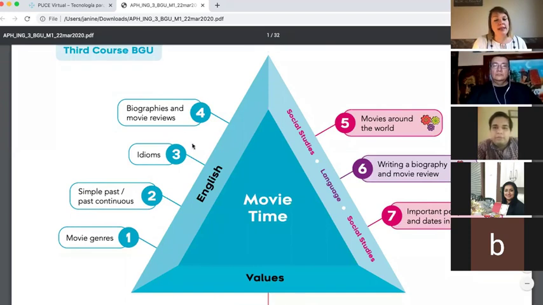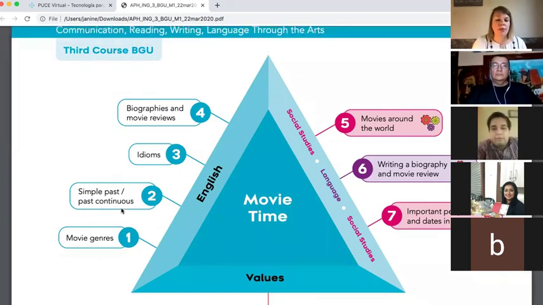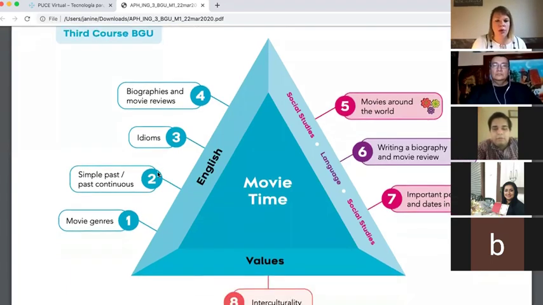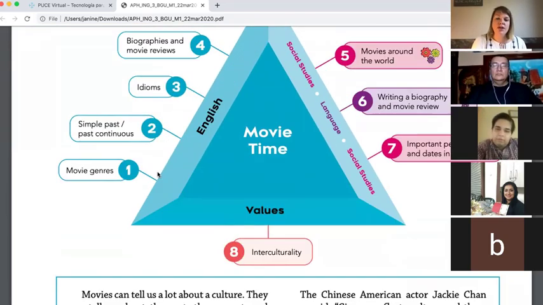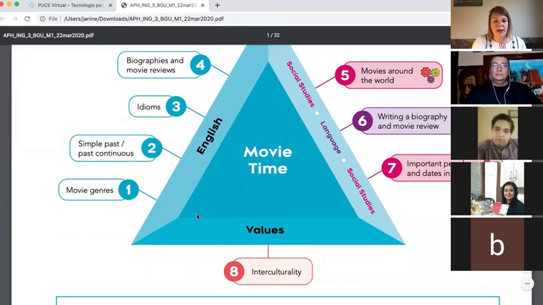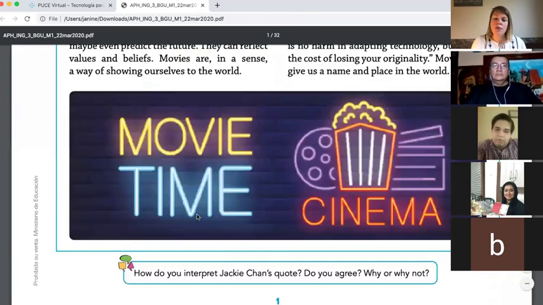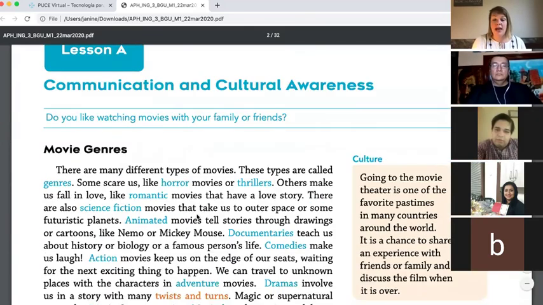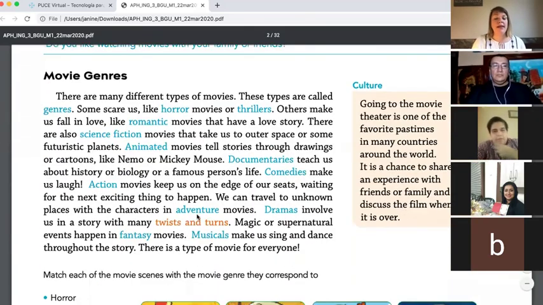On the left side, we can see the contents that we're going to be talking about. So: movie genres, vocabulary, simple past and past continuous, idioms, and biographies and movie reviews is what we're going to be doing, okay? So we want to make sure that we cover the items on the left side of the triangle. As you go through the module, before you start the first day, here you can see, for example,